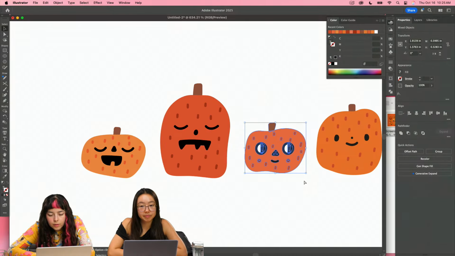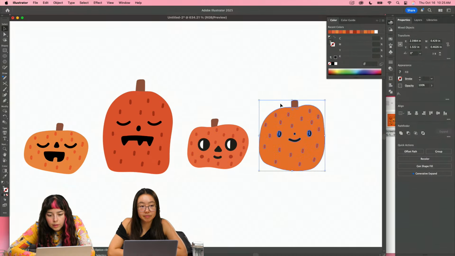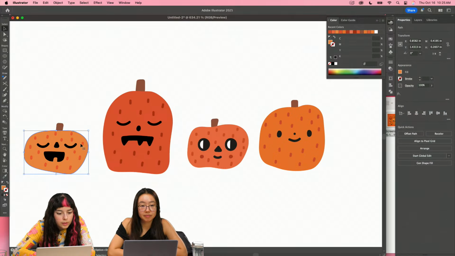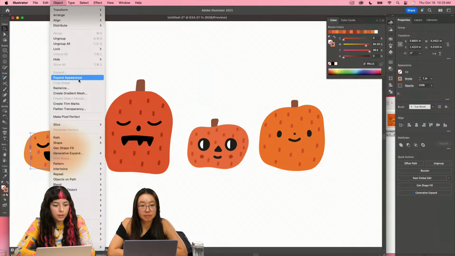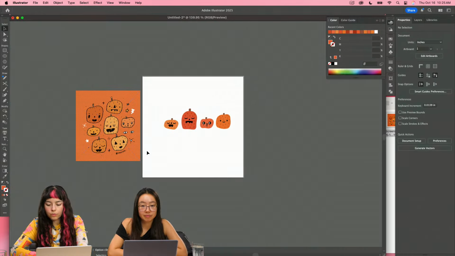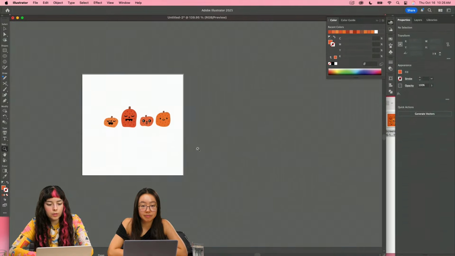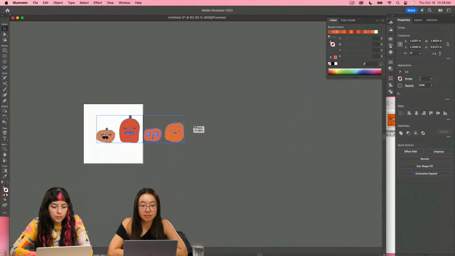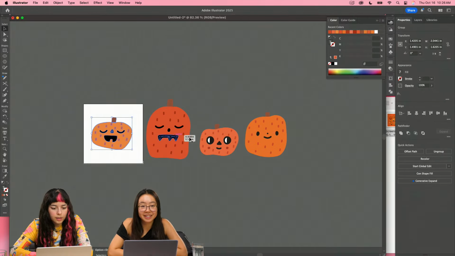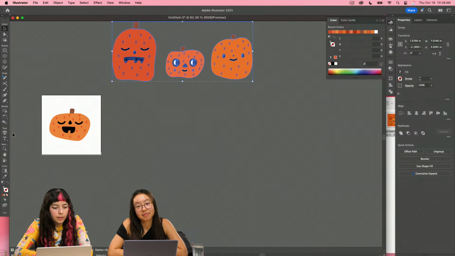Okay, this one's good to go. Should be good. And oh, this one I haven't done for the thingies. There we go. Okay, so hopefully we should be good to go now. And we have our pumpkin icons. Yay. And then I'm just gonna create